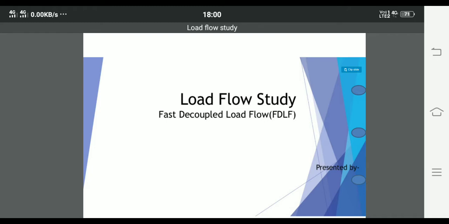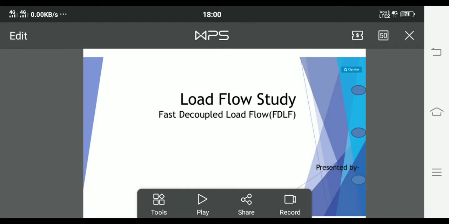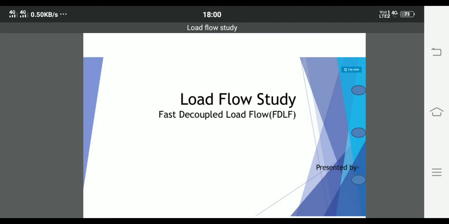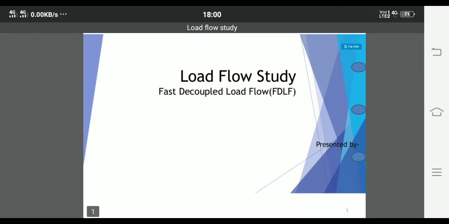This is a slight modification of the Newton-Raphson method, and coming to the advantages of this method, it gives you the solution for the given load flow equation very fast, that is minimum 5 times that of the Newton-Raphson method. The accuracy and everything is better when compared to the Newton-Raphson method. And the fast decoupled load flow method utilizes the Newton-Raphson method to get the solutions for a given load flow equation. These are the things we are going to discuss in today's presentation.